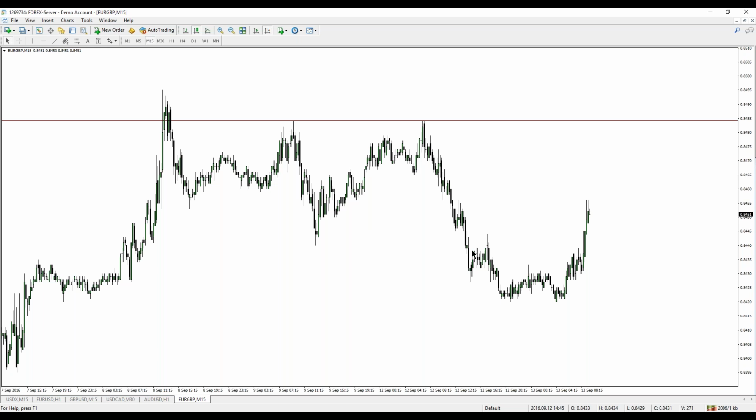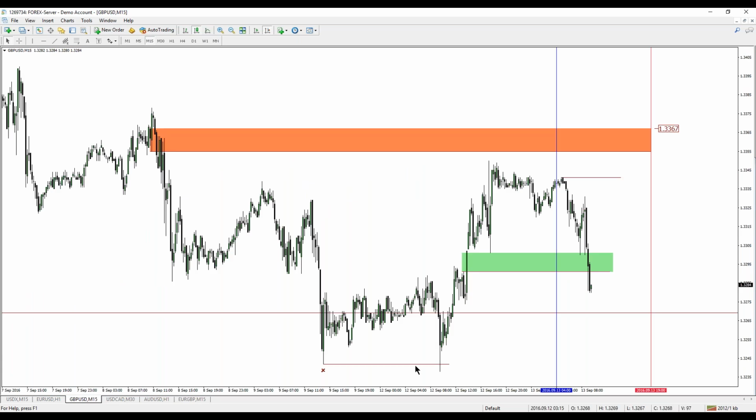The only reference point above us is the breaker here. It took the stops here. So if we get above 84.65, we're going to look for a run on liquidity above these two equal highs, and that would drive cable below these lows here. If we drop down to this level here and we get a buy,